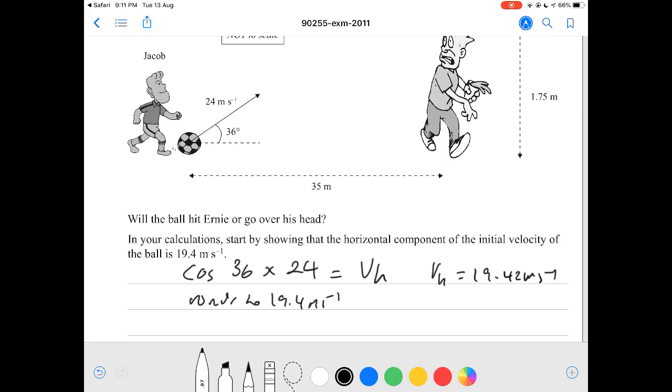Alright, so now, remember what I said in the previous video, where our range is equal to our VH times our total time, T total. We're going to be using the same concept. We know Ernie is 35 meters away from Jacob, so we can substitute our range as 35 meters, because that's when the ball is going to be at Ernie horizontally. So if we substitute, 35 equals 19.4 times T. If we do this, we'll get T should come out to be